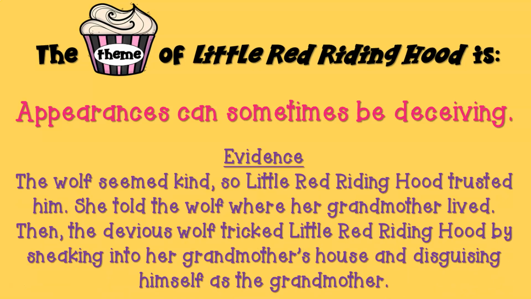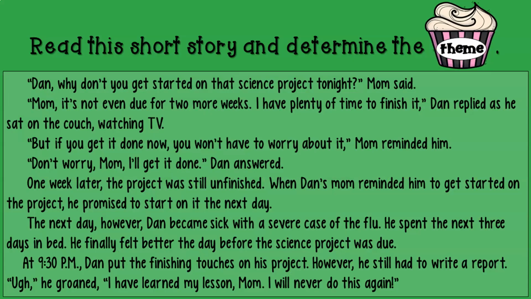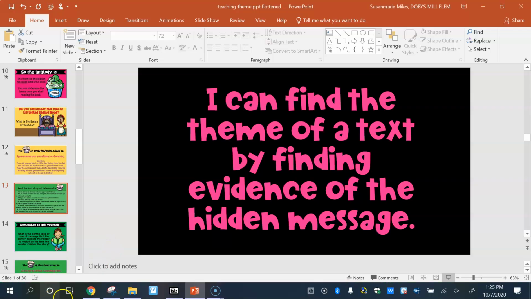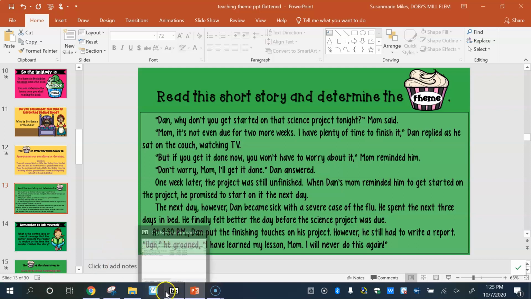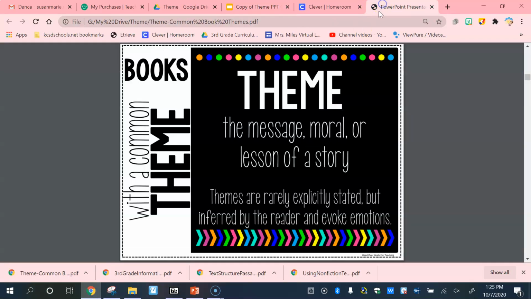And how do we know this is the theme? Well, the wolf seemed kind, so Little Red Riding Hood trusted him. She told the wolf where the grandmother lived. Then the devious wolf tricked Little Red Riding Hood by sneaking into her grandmother's house and disguising himself as the grandmother. So we're going to read this short story and we're going to determine the theme. But before we do this, I want to look at some different themes. I think you need to see different themes that can happen